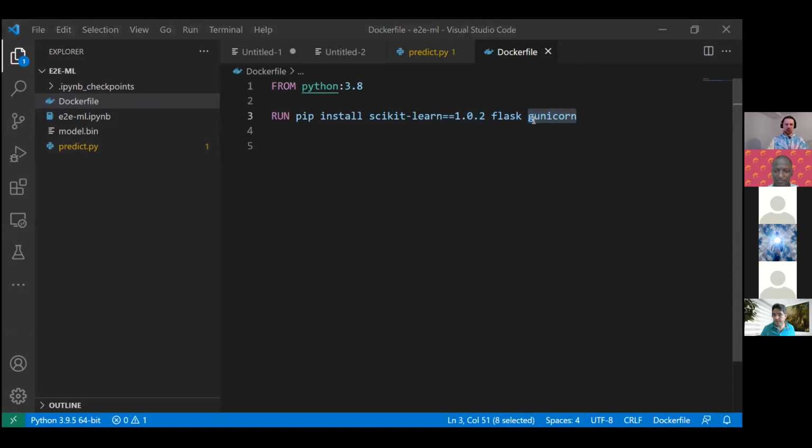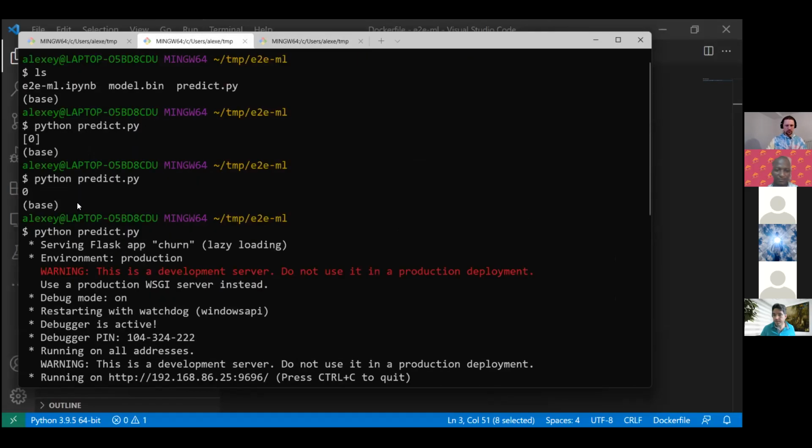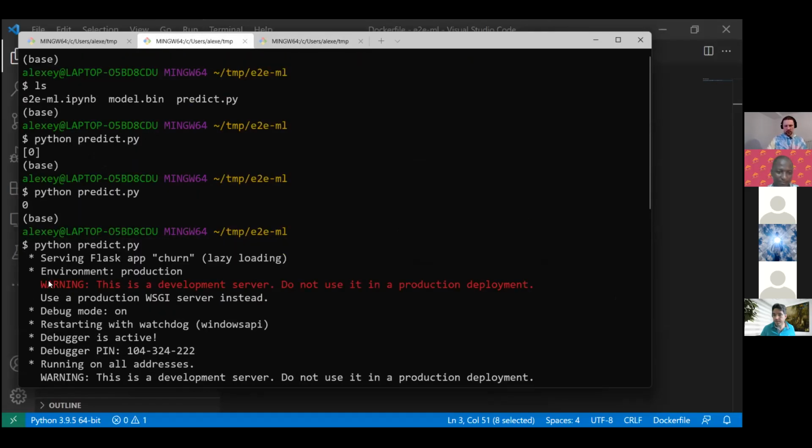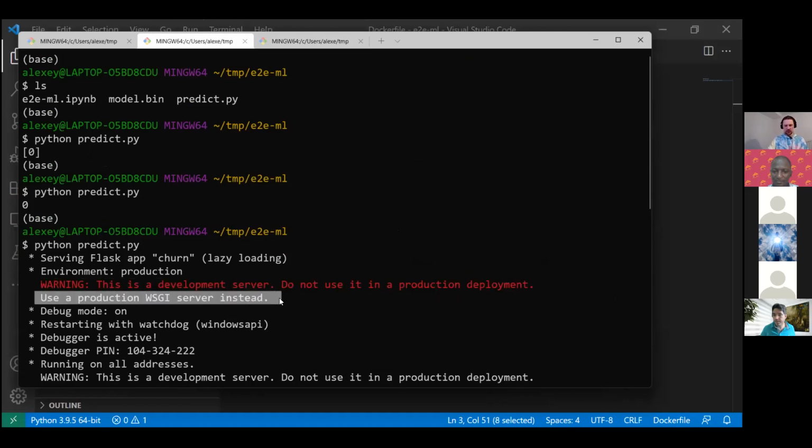The reason we need Gunicorn is that if we go to our terminal where we run Flask, we see this big warning. The warning says this is a development server, do not use it in production deployment; use a production WSGI server instead.